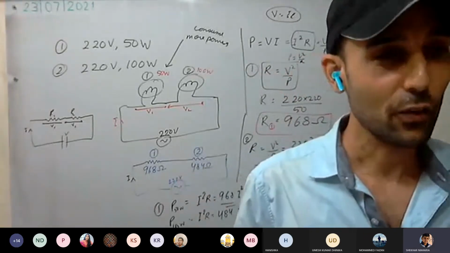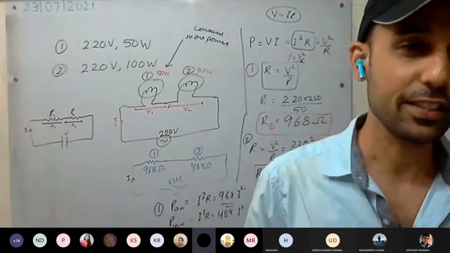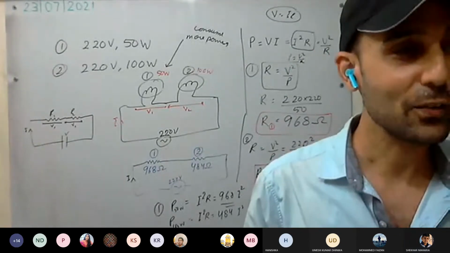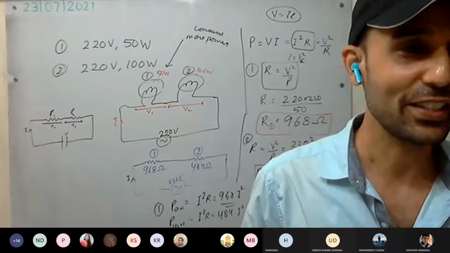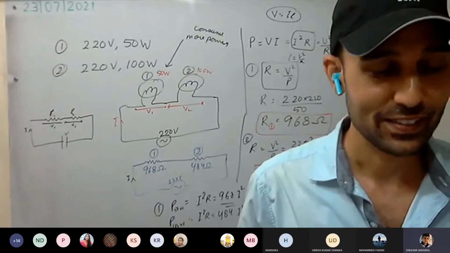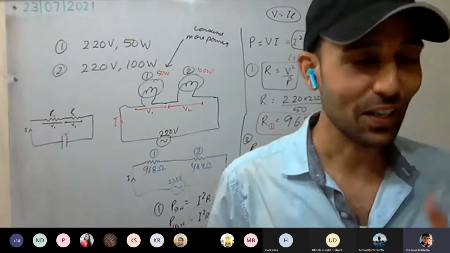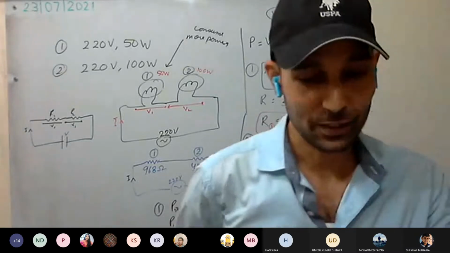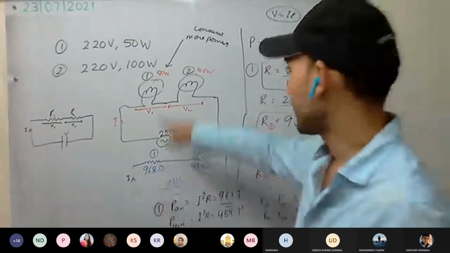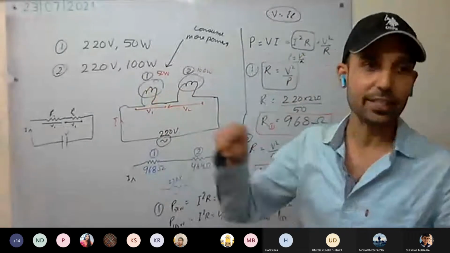See here, first of all I have to get two filament bulbs, 50 watt and 100 watt. Sir, 15 rupees for the 100 watt. Okay, 30 rupees. I will check and get that one. Forget about that. We'll see that as well, and we will derive them, when connected in series and when connected in parallel.